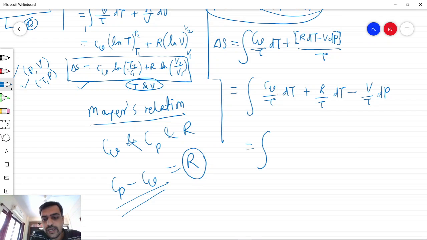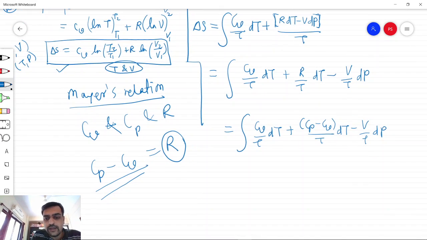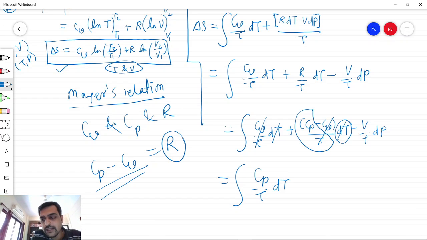This is equal to integral Cv by T dT plus (Cp minus Cv) by T dT minus V by T dP, right? Now this Cv by T dT gets cancelled with this minus Cv by T dT, and we are left with Cp by T dT. So Cp by T dT is left out, minus